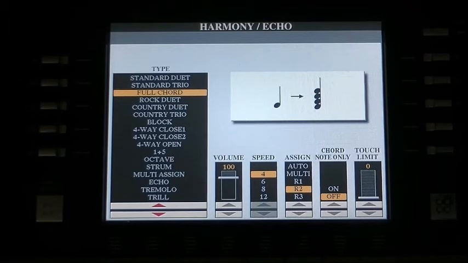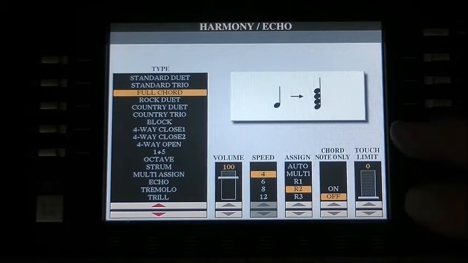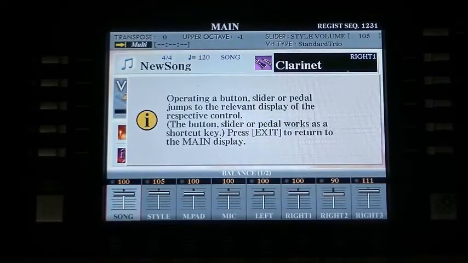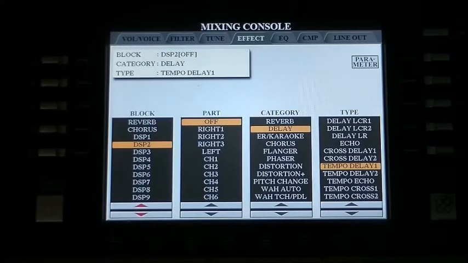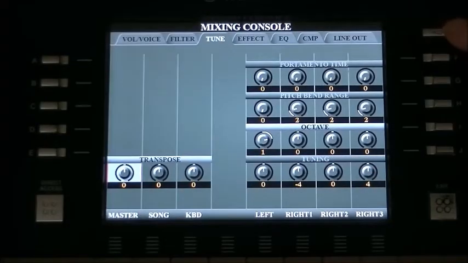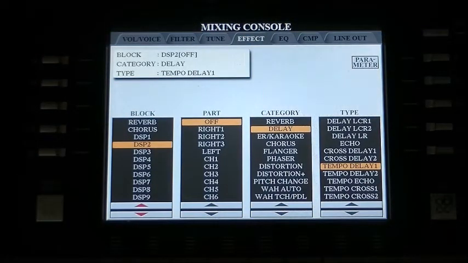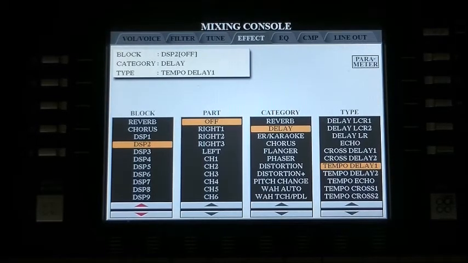Okay, let's go through the harmony echo. Now we'll leave it on that one. And once again go to our direct access, and this time go to the variations. And there are all your variations on your effects. So, the exercise, seeing that there is so much variation in there, you run through and put on a voice